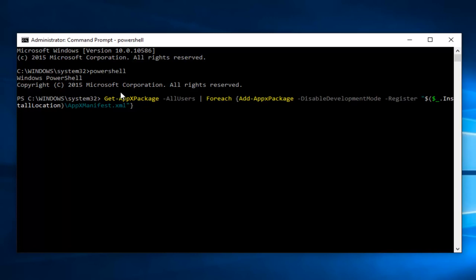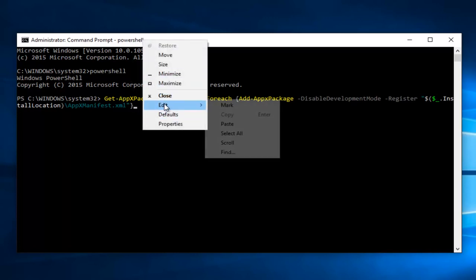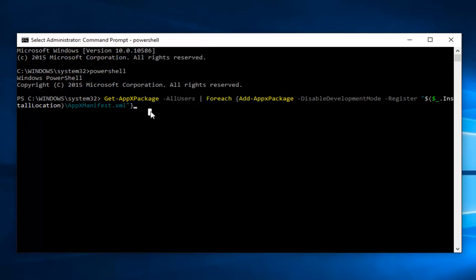It's a nice feature in Windows 10. You could also right click on the top bar here and then left click on edit and then paste, whichever one you guys prefer, but I like to do Control V, Control C. It's usually my go-tos. So once you paste that in, hit enter on your keyboard and then just let it